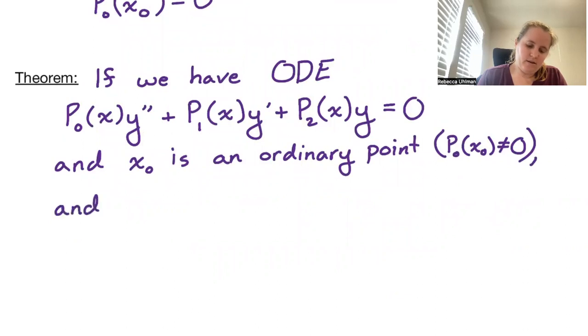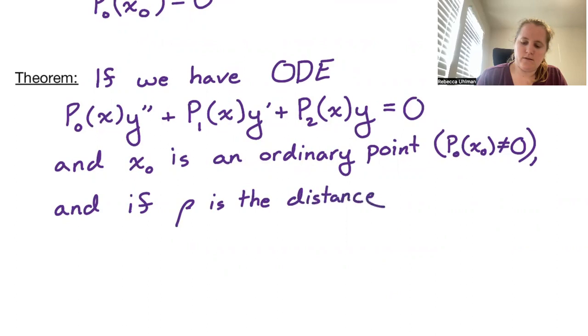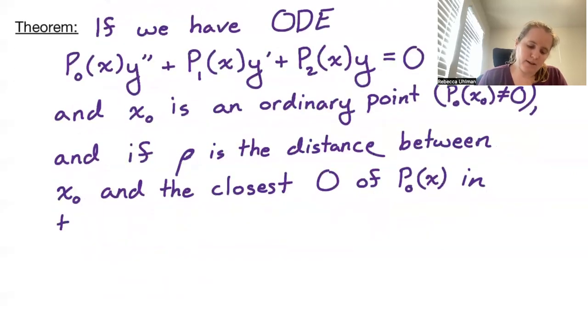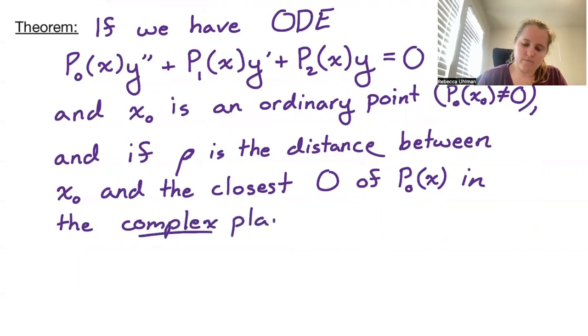And if rho is the distance between x naught and the closest zero of P0 of x in the complex plane, then